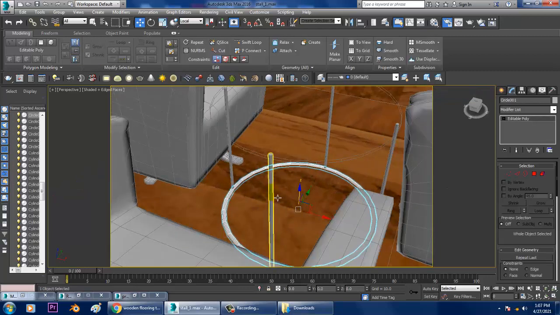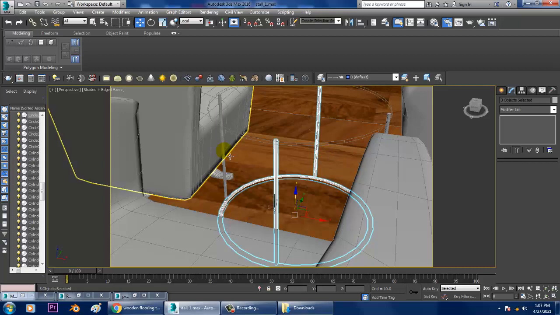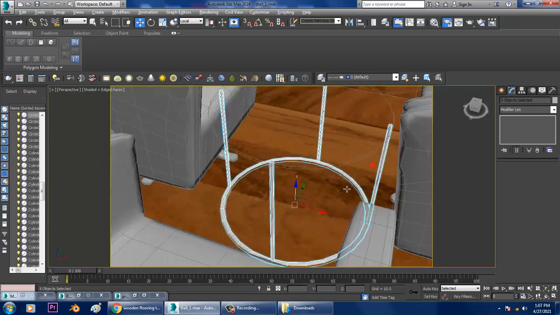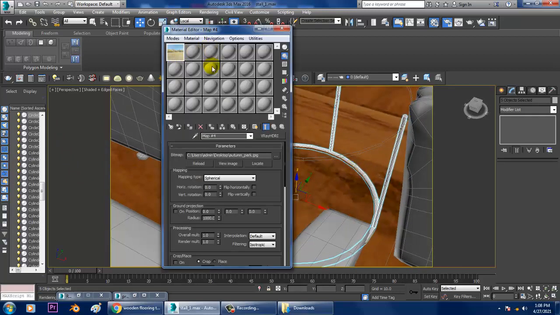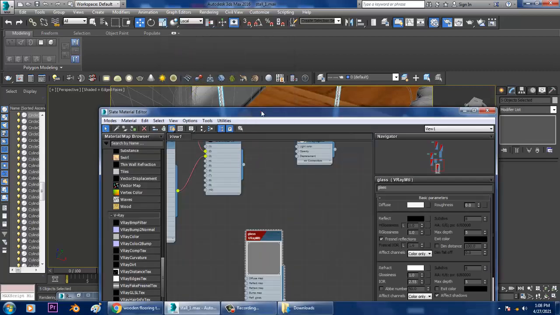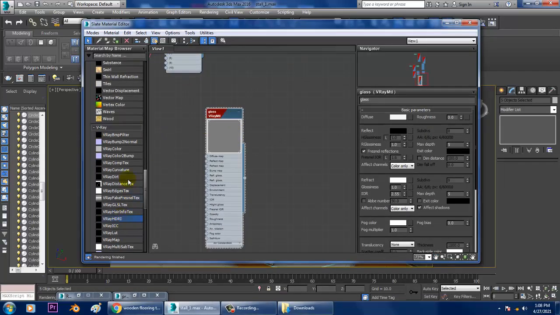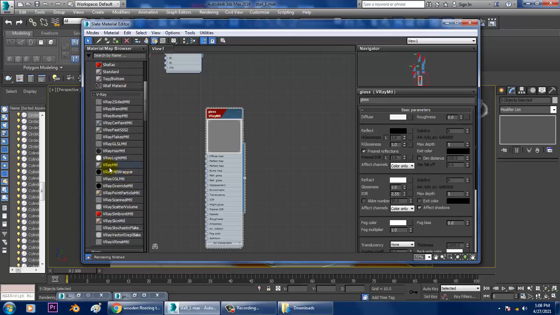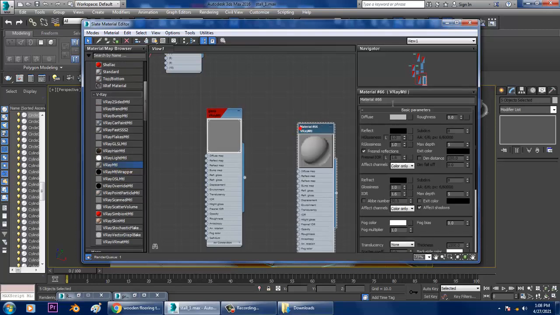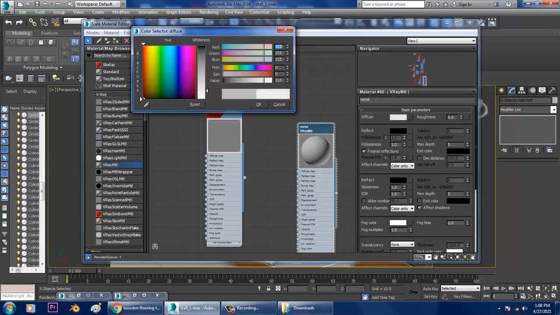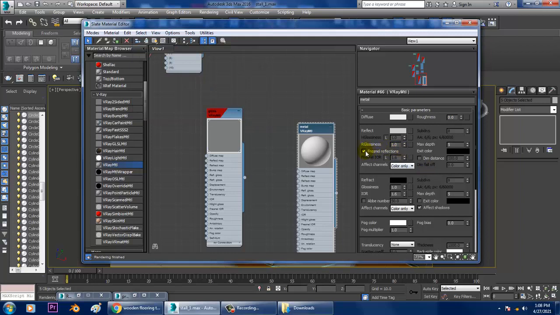So we can select this part and let's give a metallic. Again I'll switch back to the slate material editor. I'll take a V-Ray material over here and metal, make it a bit whiter, reflectivity, and I'll reduce this Fresnel reflections.